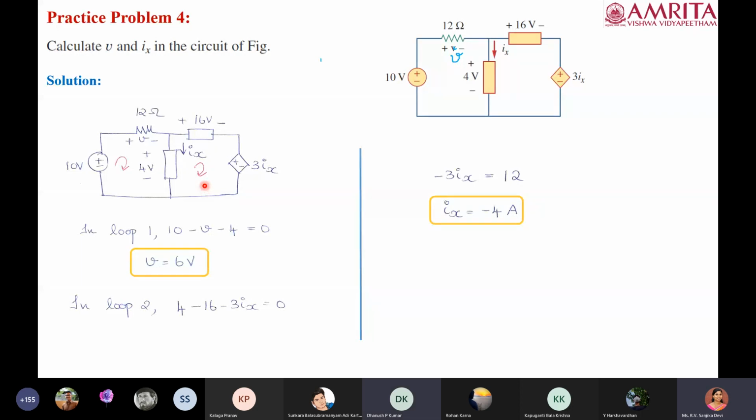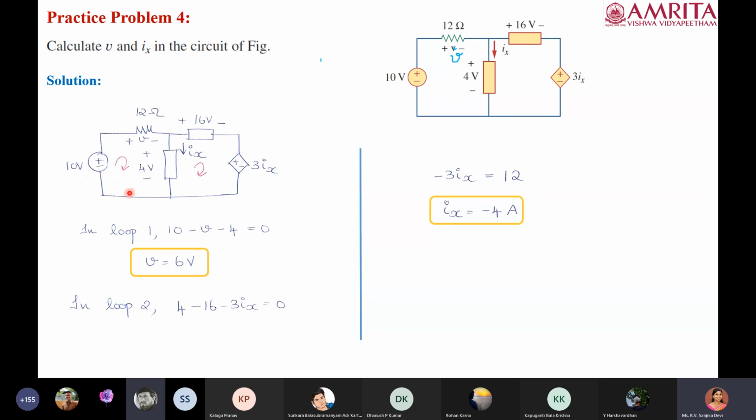Okay. So the reason why I didn't consider I1 and I2 is that everywhere the voltages are given, and the only voltage we have to determine, we can determine from a single equation. That's the reason why I didn't take I1 and I2, but I assumed the current direction so that we go along the current direction when we are writing KVL. We have to always go along the loop, otherwise we will make a mistake. That's the reason why I have given the current direction and go along that particular direction of current.